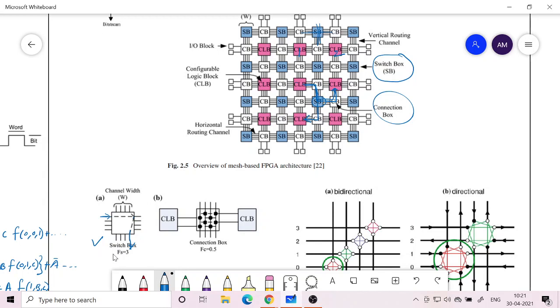So the connection from the CLB to the routing architecture is done through the connection box, whereas horizontal and vertical wires are connected using the switch box. That is the difference, but both are programmable. You can make or break connections using either SRAM or anti-fuse, or you could do that with floating-gate memory, what you call flash memory.